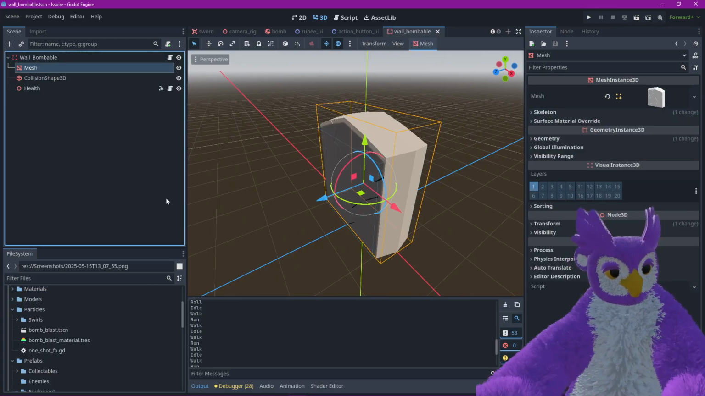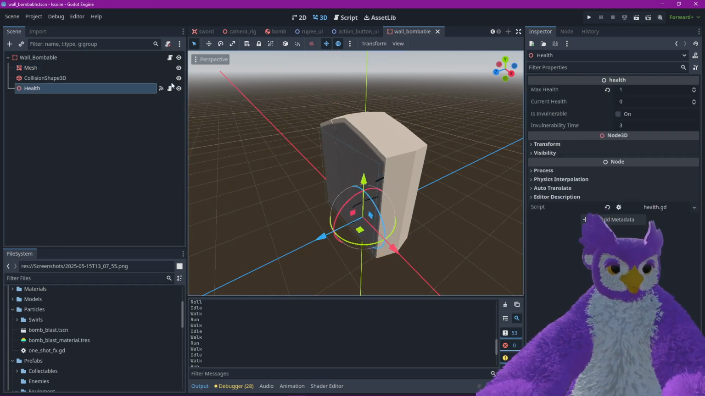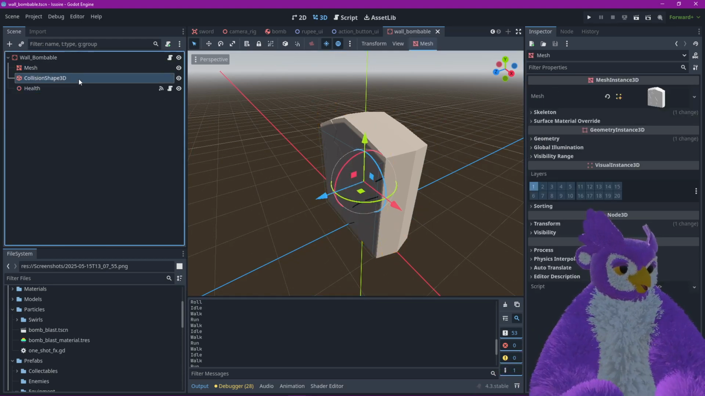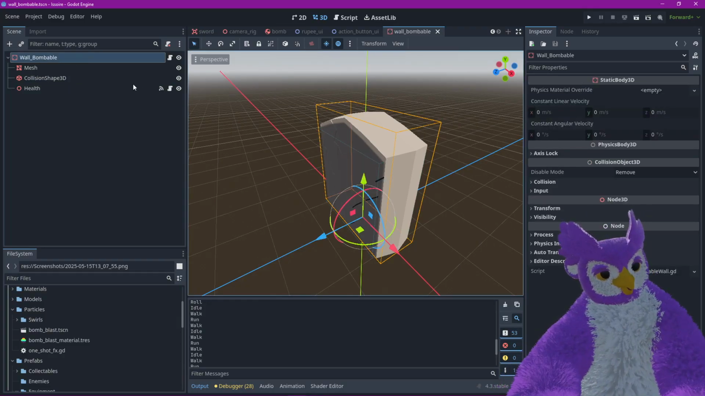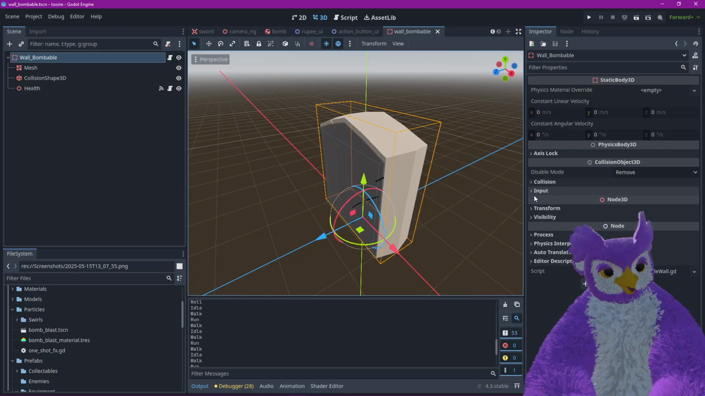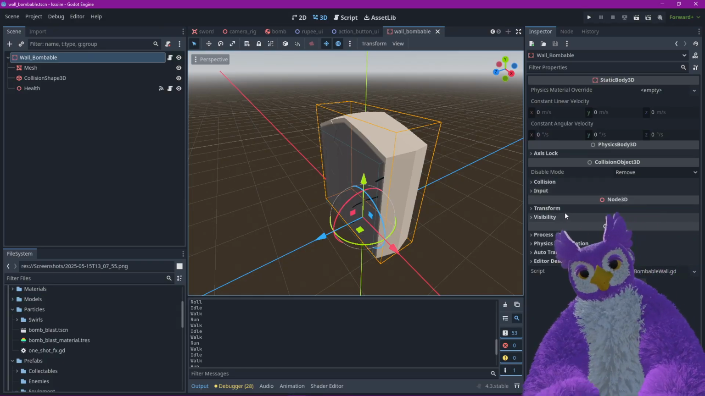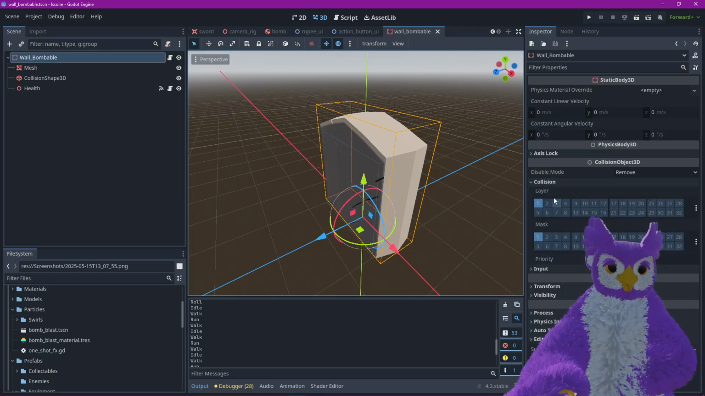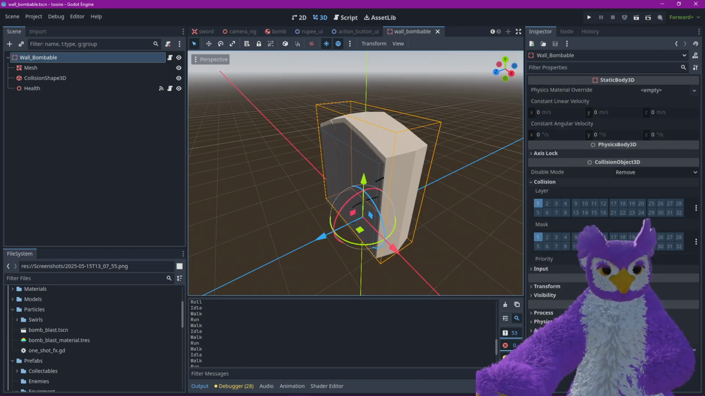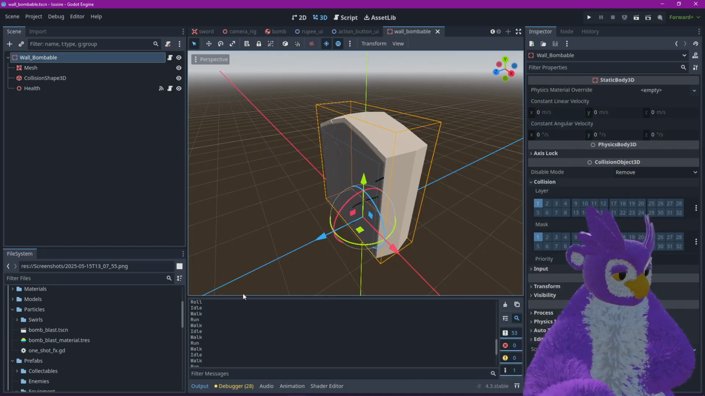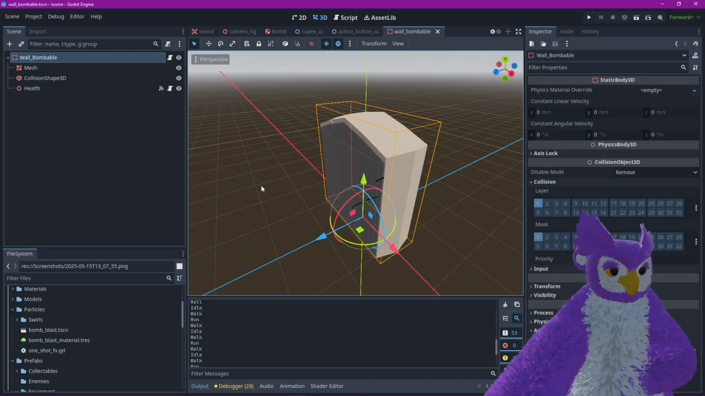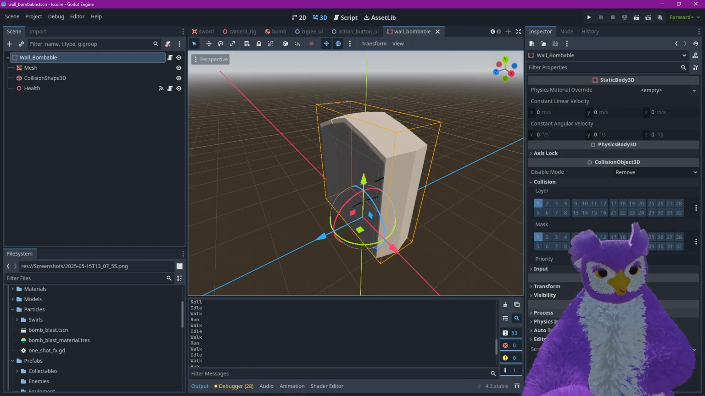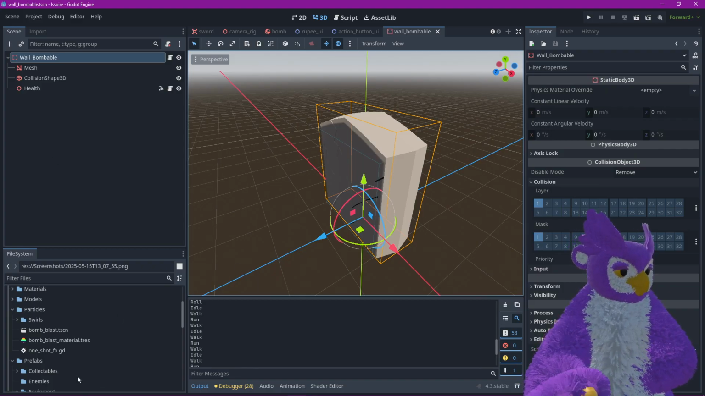I could make a collision layer specifically for bombable stuff, but then it might not collide with the player correctly. So I think what I'm going to have to do is